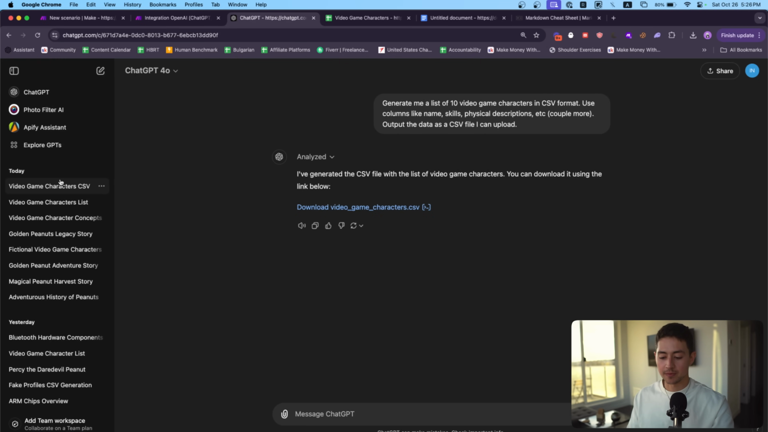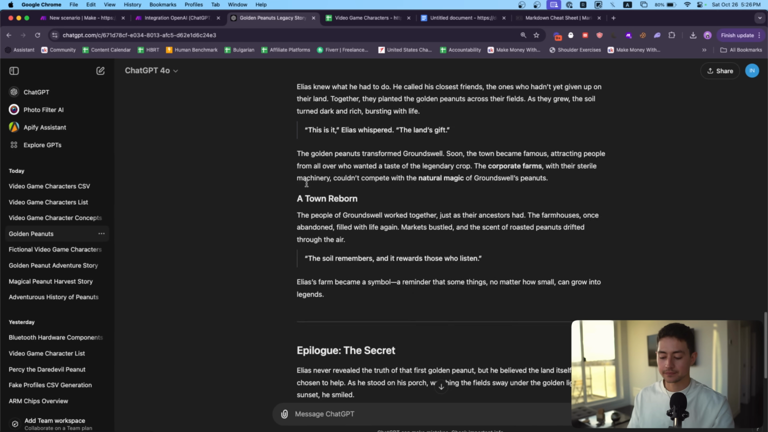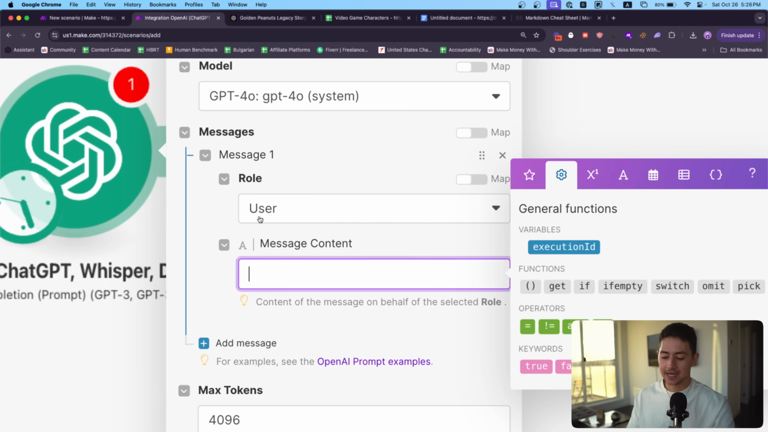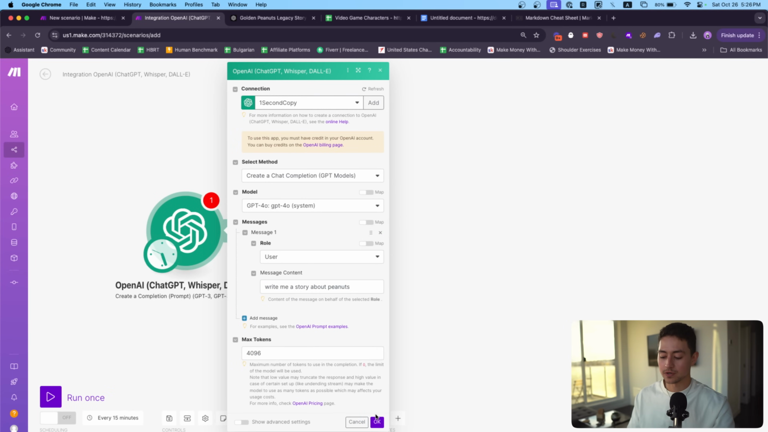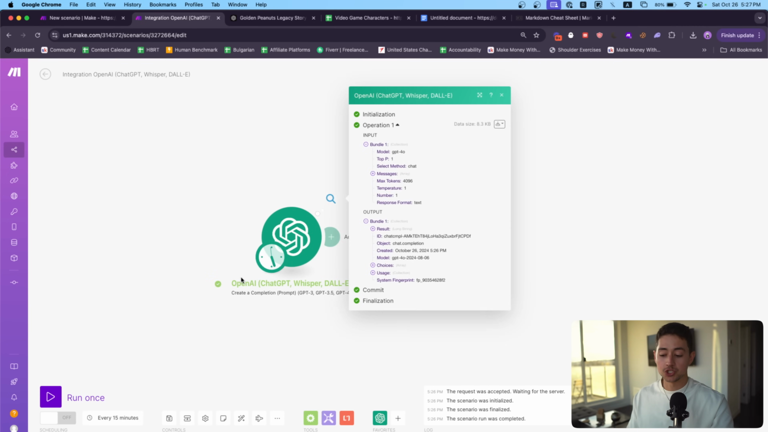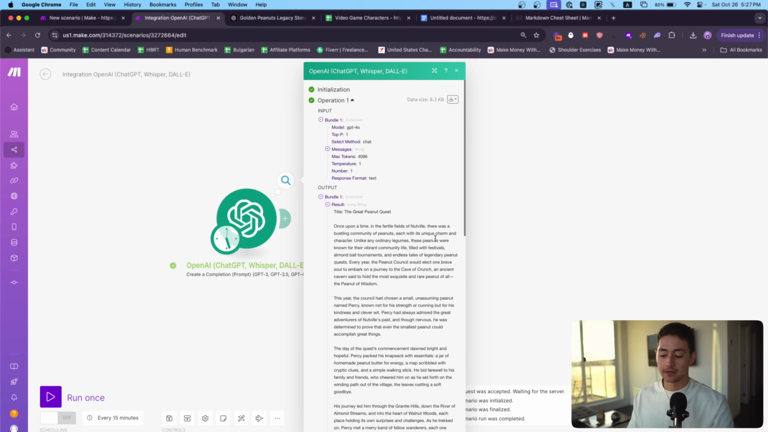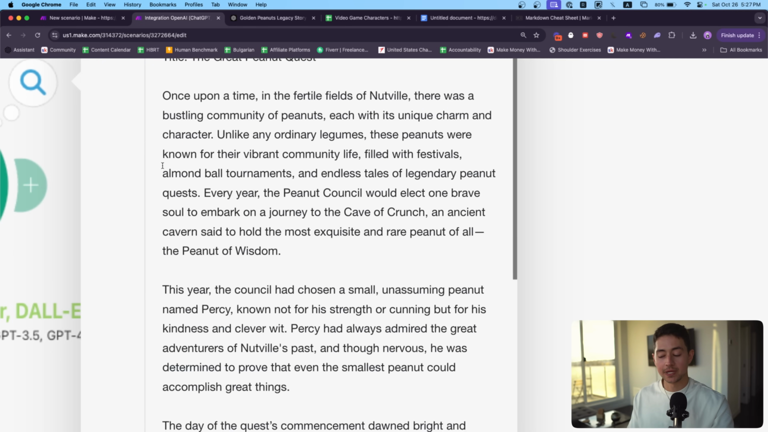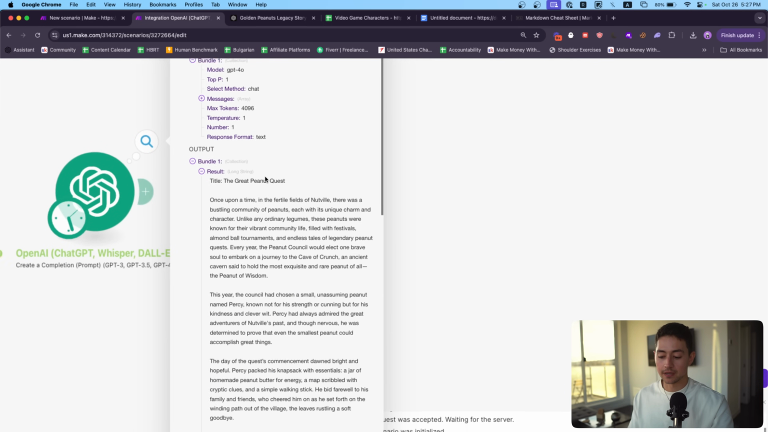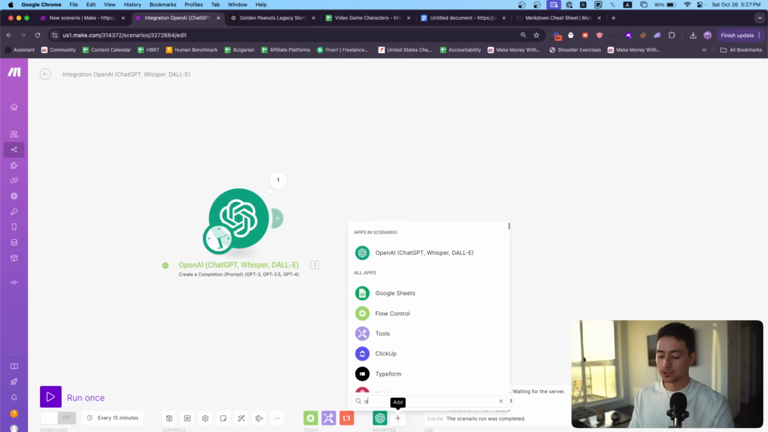So for instance, if I go back to my previous prompt about peanuts, I say, write me a story about peanuts. I'm just copying and pasting this prompt. And then I add a user prompt with the message content, write me a story about peanuts. And then if I run this, what's happening is I'm now bypassing the ChatGPT website, and I'm having it generate text directly. So I just asked it to generate me a story about peanuts, and now we have this data accessible to us using this no-code tool,